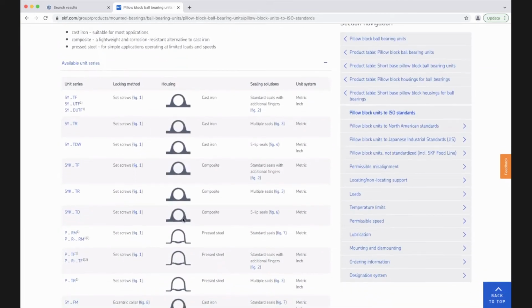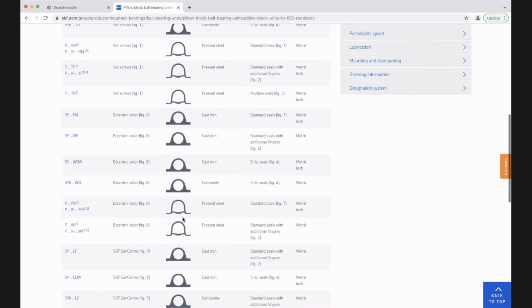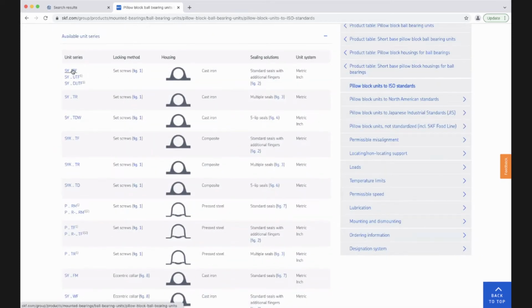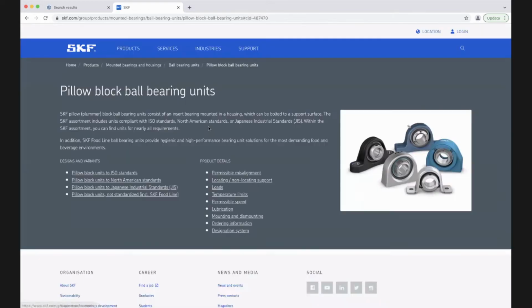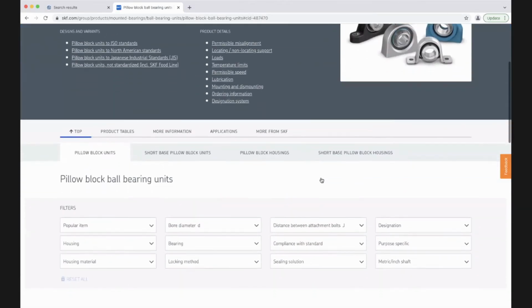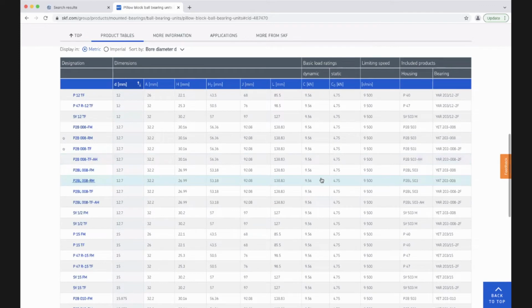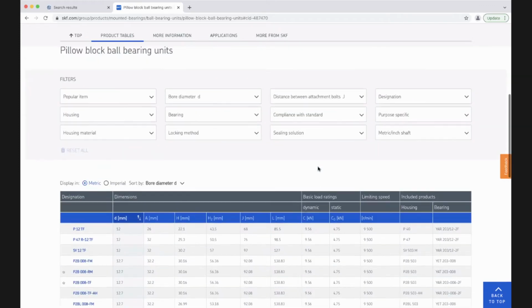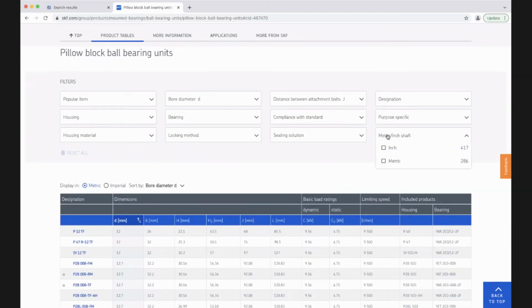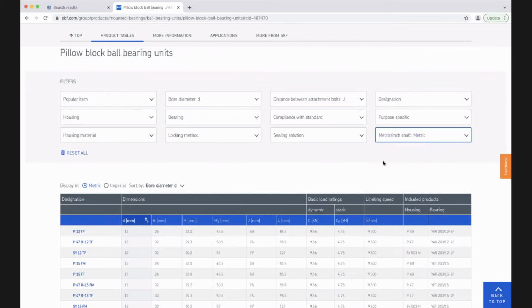So they're made of different materials. Some of them are made of pressed steel, but this is the simplest kind up here at the top, just a basic one. And obviously there's a lot there, but maybe if we want to start narrowing it down a little bit,